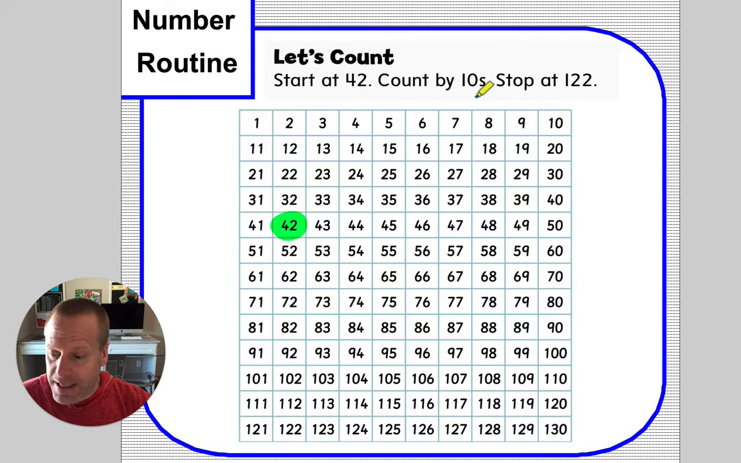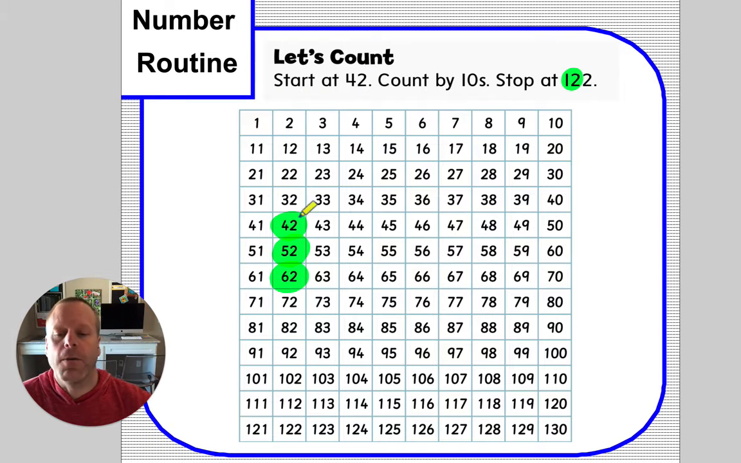Count by tens. Okay, so if we were counting by ones, we would go normally just to the right. So 42, 43, 44. But they don't want us to count by ones. They want us to change the tens. In order to get an extra 10, you have to go down. So 42 becomes 52. 52 becomes 62. And we're supposed to keep counting by tens until we get all the way up to